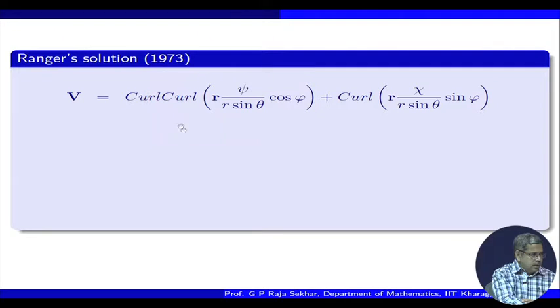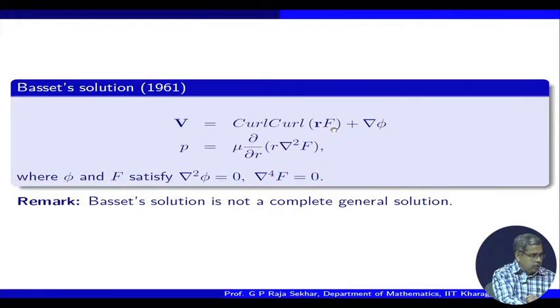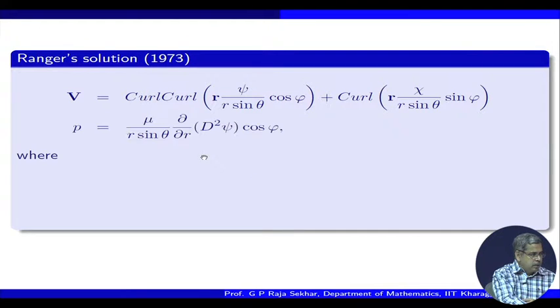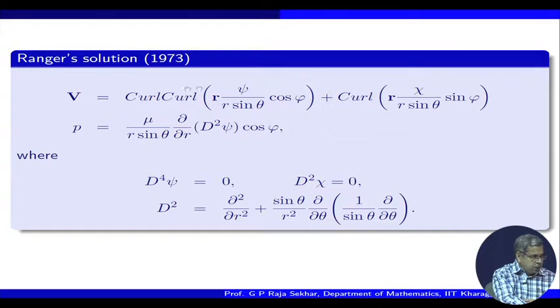Ranger. If you see the curl structure, somehow it is dominating for Stokes flows. So, curl again of the position vector. This time you will see a specific structure, a scalar psi by r sin theta cos phi. In the earlier case, these scalars f and phi were harmonic and biharmonic, so there was no restriction; they were arbitrary. But here there is a restriction with respect to the structure of phi. So, naturally the